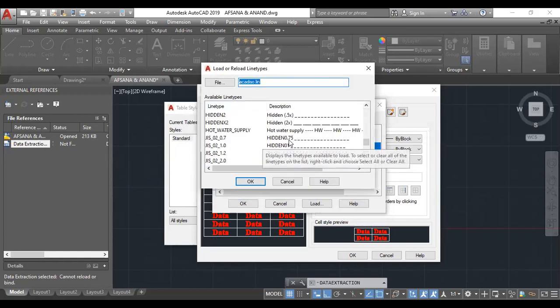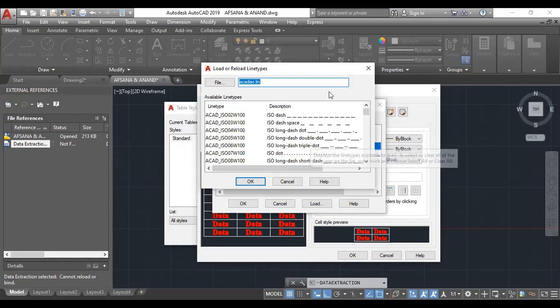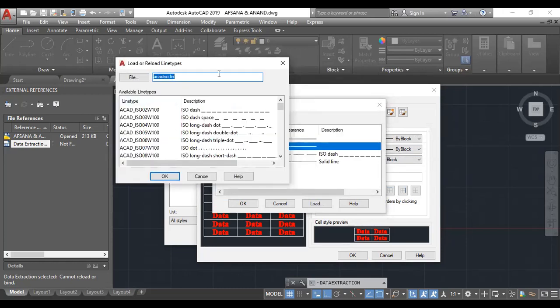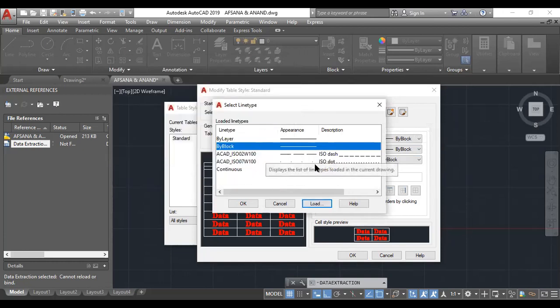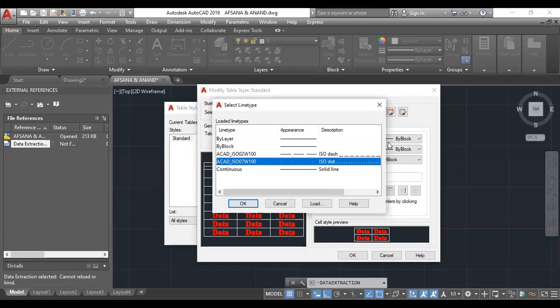So these are the options. From these options, I can click for loading that to this box. I can click that option. I think this option is not present in this, so I can select that, click OK. Then that will load to here. So that is loaded here. I can select that. For assigning that as the line for the table border, I can click and assign that. Now I don't need that. I only need the by block, that is continuous line. So I'm selecting that and click OK.